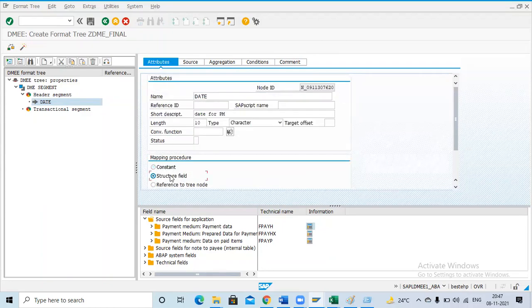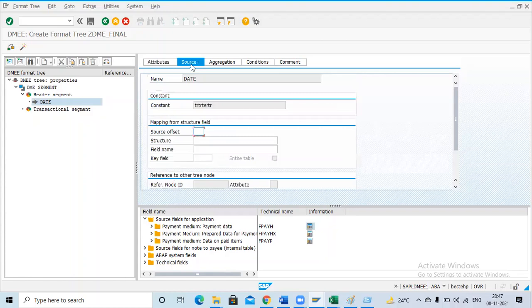Structure field means the system will pick the data from the table level. Okay, always we have to pick the data from the table level only. So constant we will use for the next one. I will explain that in the next step. So now I'm selecting structure field. So next step. One minute. Let me remove this text.